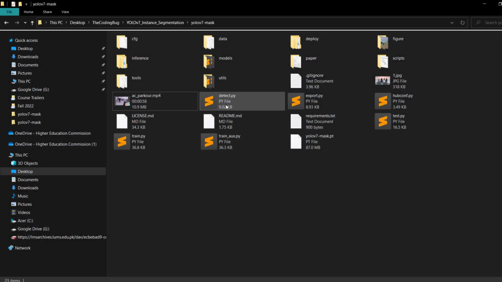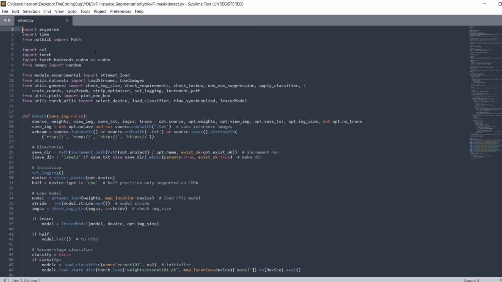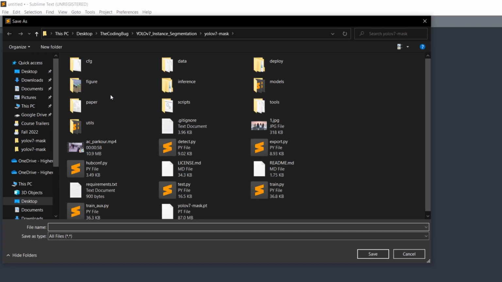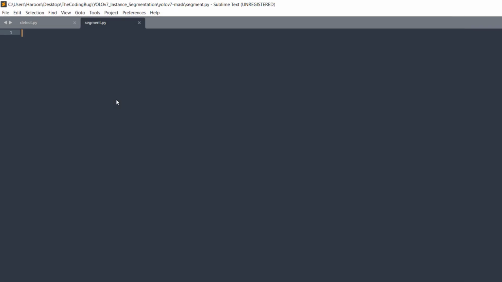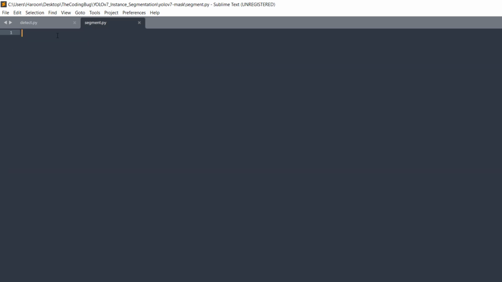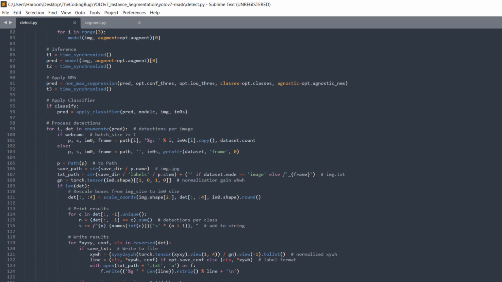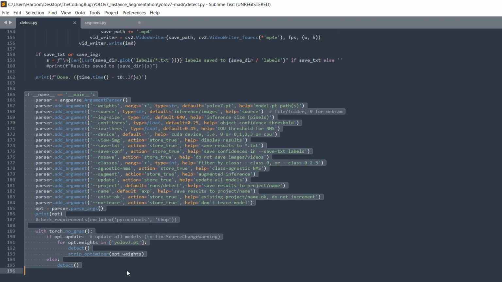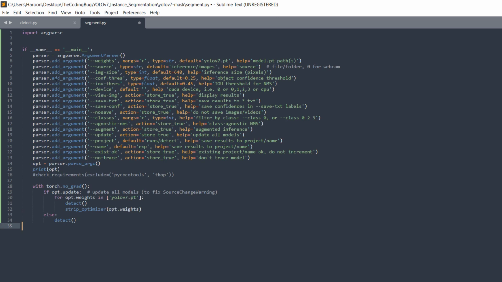Let's open detect.py from the YOLOv7-mask repository. We will need a piece of code from this file. Create a new empty file called segment.py. From detect.py, copy import argparse and paste it in the segment.py file. Now in detect.py, scroll all the way down and copy the code from if __name__ to the end and paste it